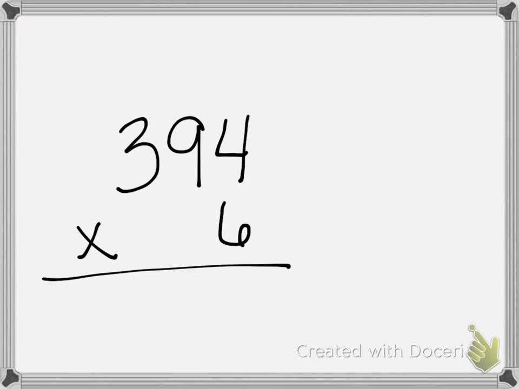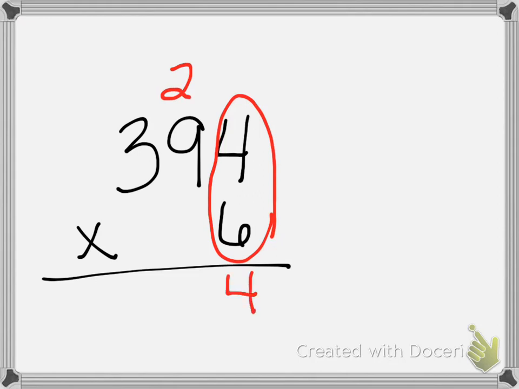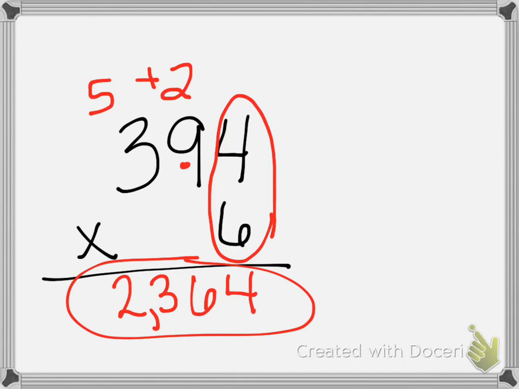You're always going to start with your ones place. Some kids are doing this to know where to start, which is totally fine. You'll do 6 times 4. And just like before, I like to start at the top and do the 24. Then you'll go 6 times 9 is 54, plus 2 is 56. 6 times 3 is 18, plus 5 is 23. And you have just done regrouping with a 3-digit times a 1-digit. The kids are more than welcome to use the addition sign up top as they add, but they don't have